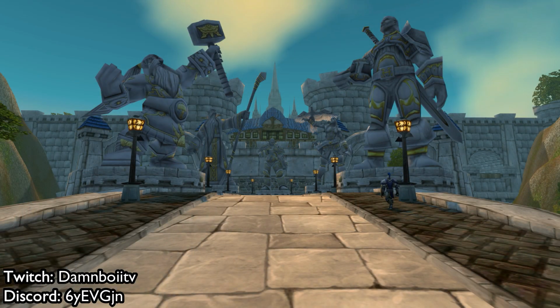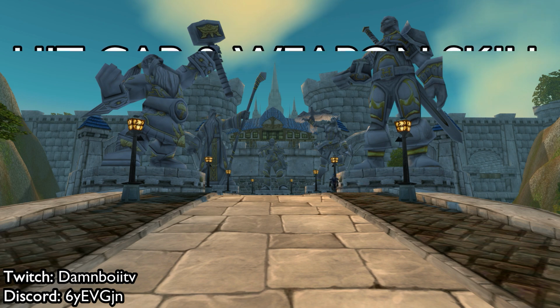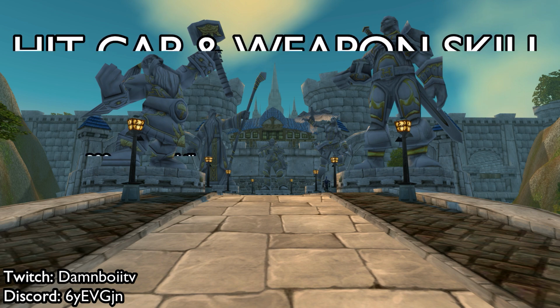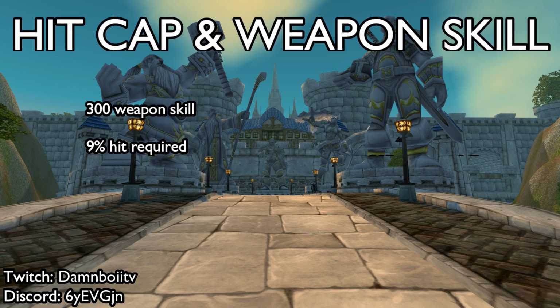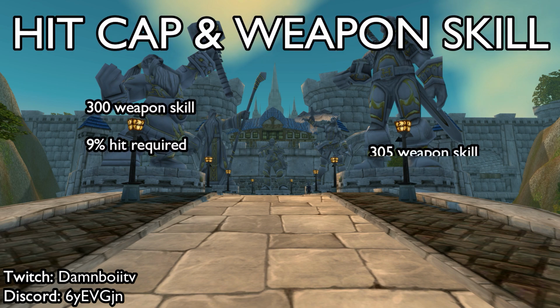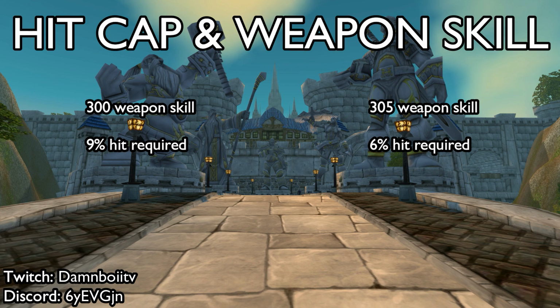The first thing we're going to talk about is hit cap and stat priority. To always hit with your yellow attacks, your Bloodthirst, Heroic Strike, etc., with just 300 weapon skill, you need 9% hit cap. If you get 305 weapon skill, you only need 6% because the 5 extra weapon skill gives you 3% hit. On top of that, getting 305 weapon skill reduces the glancing blow penalty on your white